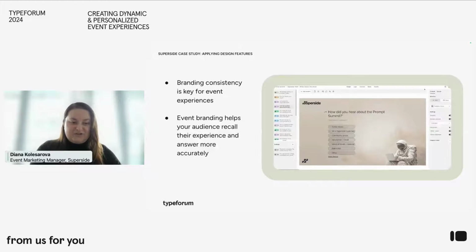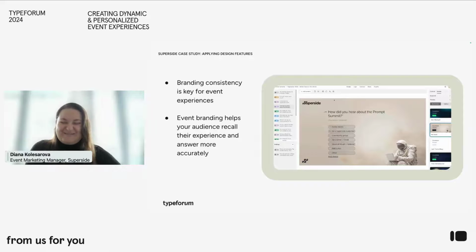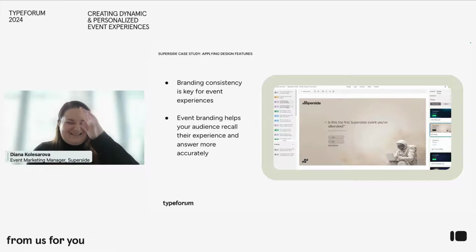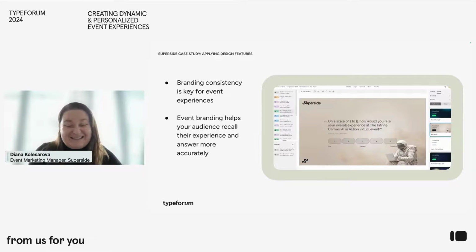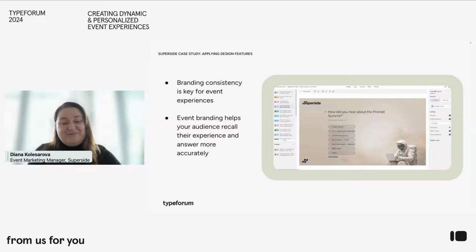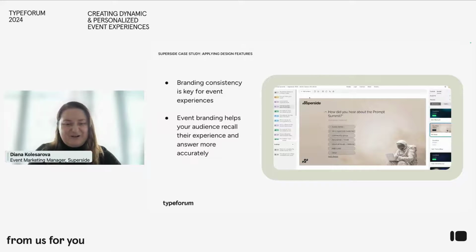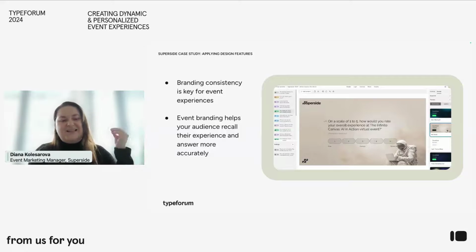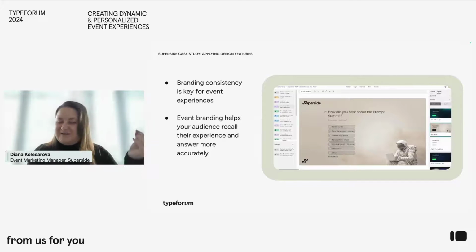And then the last feature that I really want to emphasize, of course, we're a design company, so this is really nice for us, is brand consistency. All of our events at Superside have different branding. If you've ever seen our events, chances are you will recognize the event program based on the branding. We translate this into post-event, into surveying, into emails, all that sort of stuff.